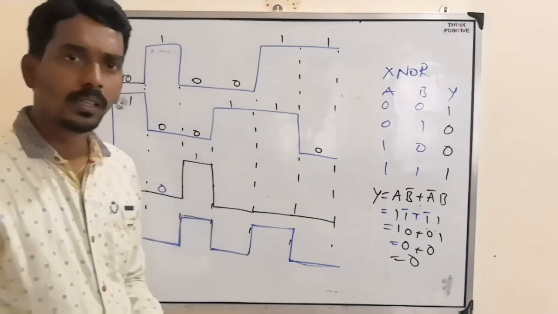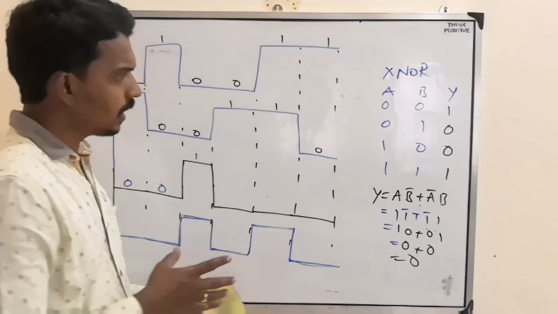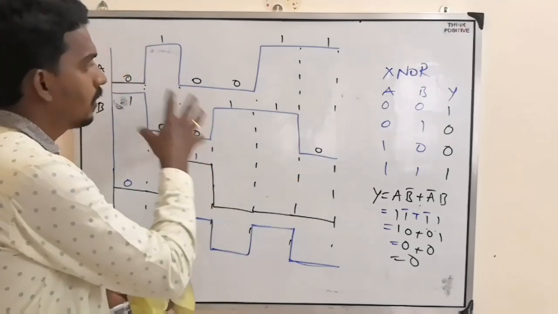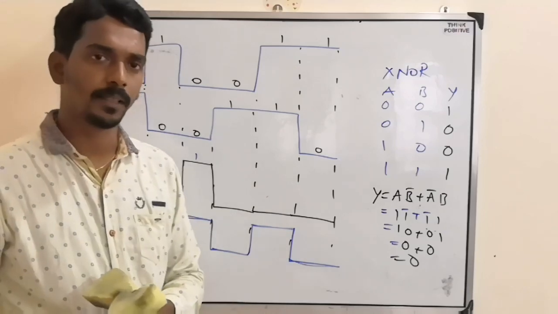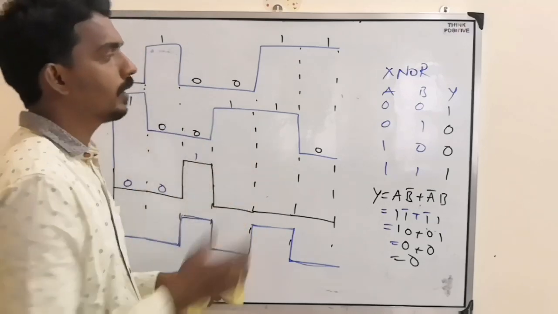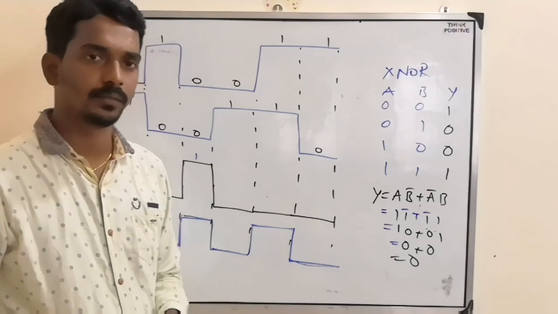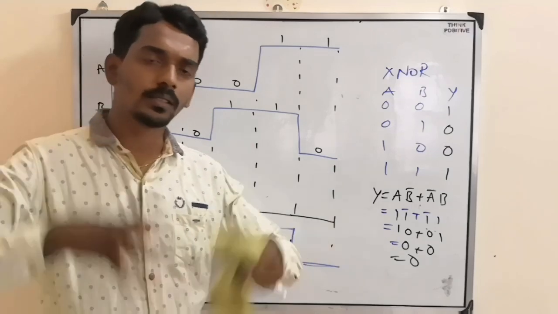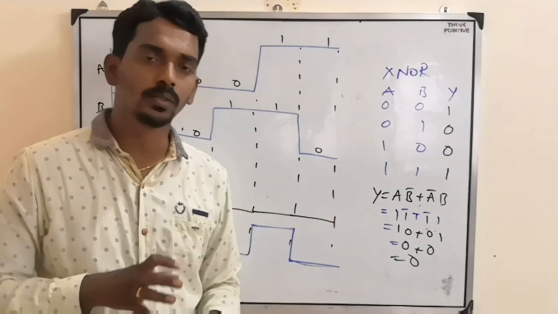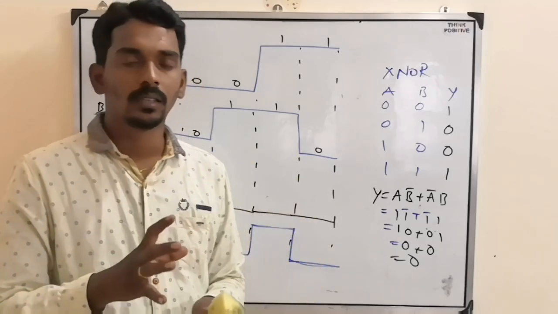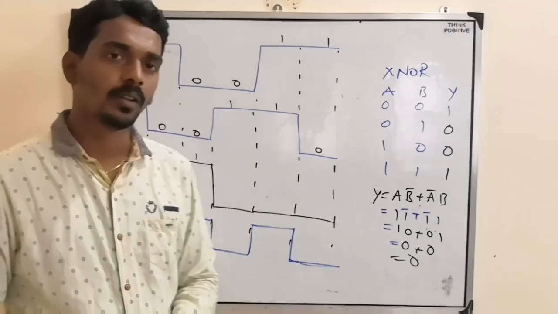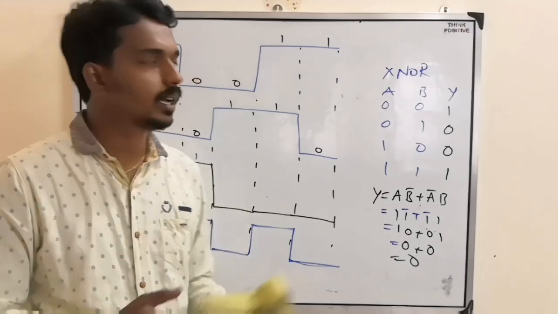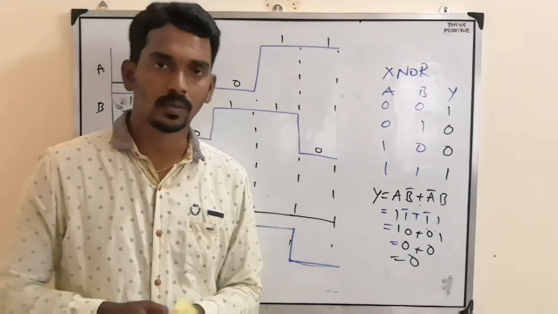So this way they can ask you questions based on the same truth table, same gates, but the way of asking the question depends on the waveform. So try to understand what kind of waveform they have given. Overall, how to construct the gate and how to find the truth table is the key thing to solve questions based on logic gates. So remember everything you have studied, and try to solve each and every question.